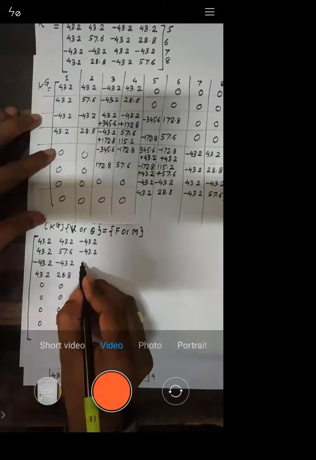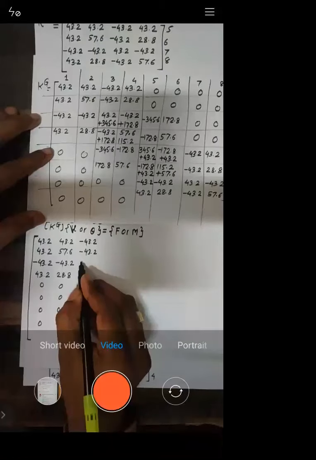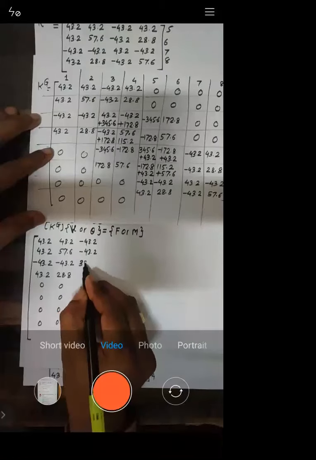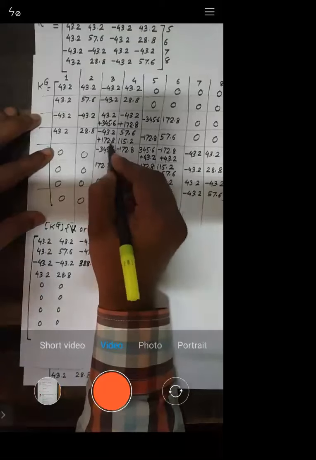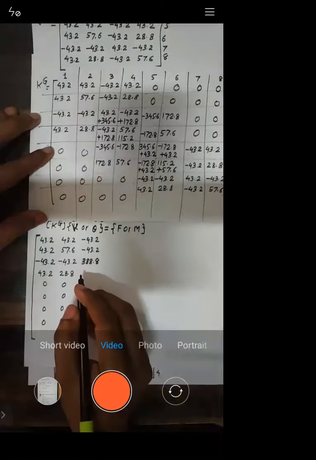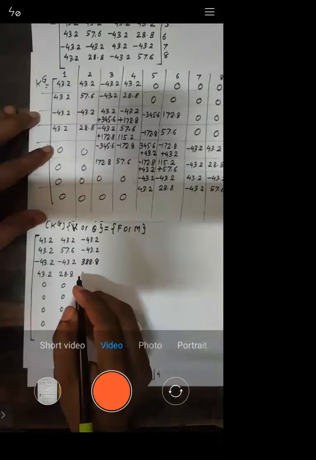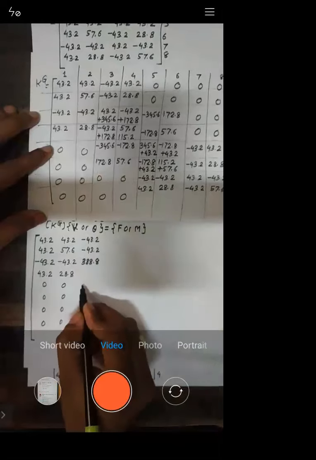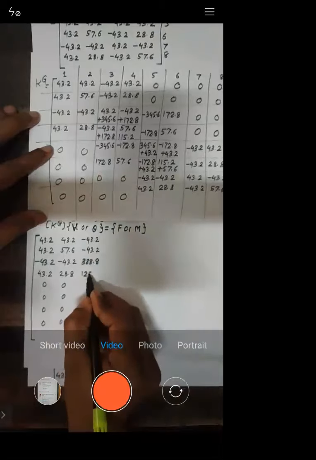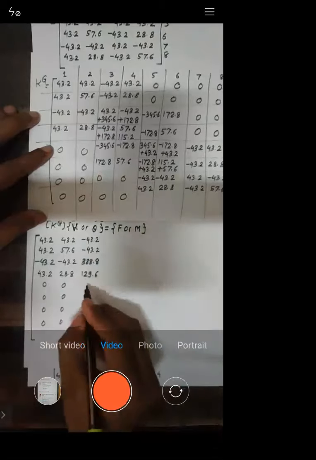388.8. Now minus 43.2 plus 172.8. It's 129.6. Okay, then this is minus